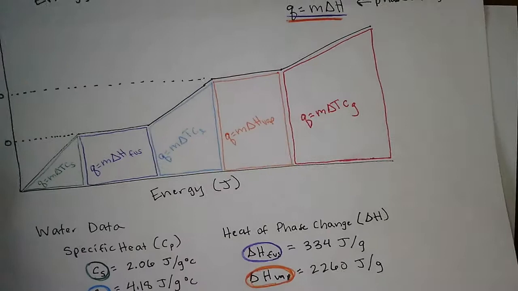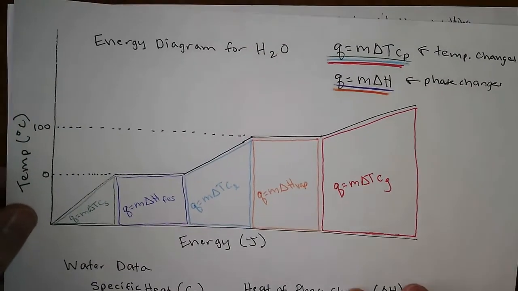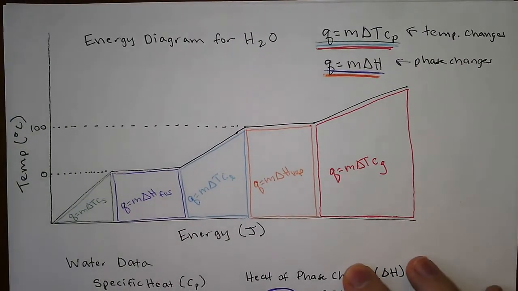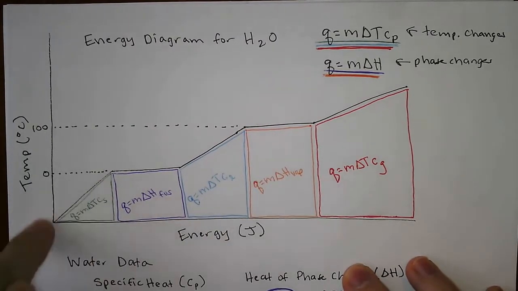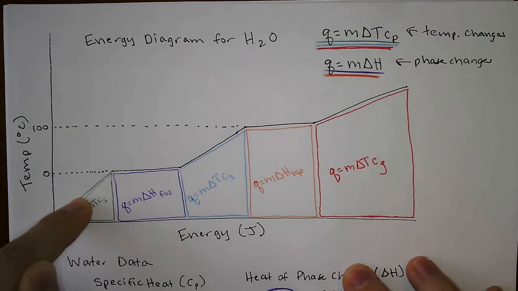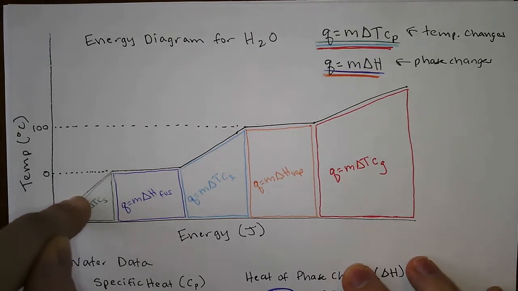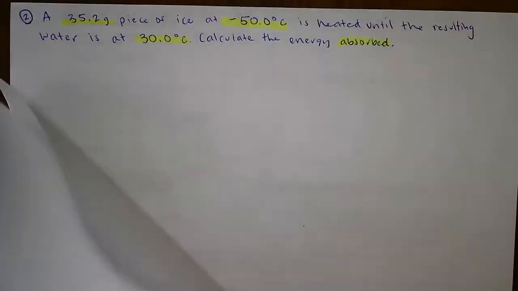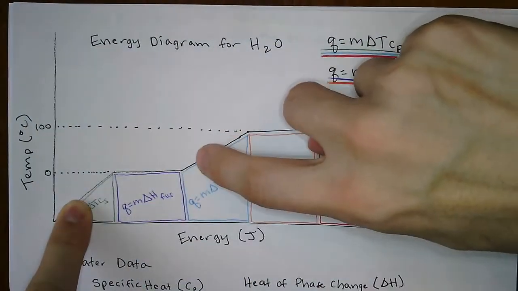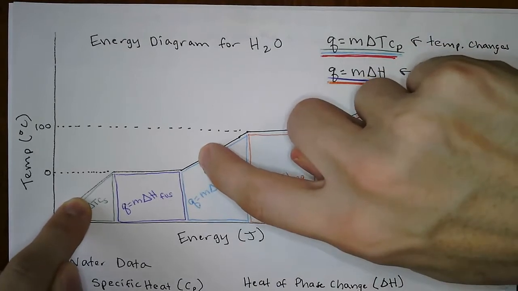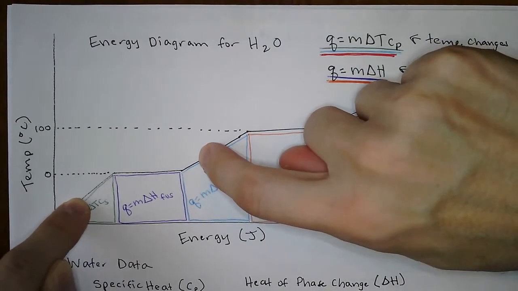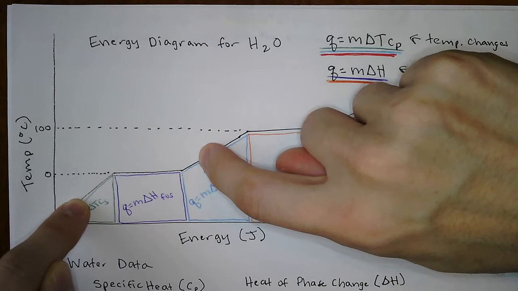So let's see where that lands on our energy diagram. And again, I don't have the exact numbers on here, but that's fine. I'm just looking for relative positioning. So if I'm starting at negative 50 degrees Celsius, that's going to be down here-ish. That puts me pretty solidly into solid territory. Point is, we're down here. We are in the solid area. And we're going to end at 30 degrees Celsius, so here-ish. Not super far to travel, but there are 3 different processes that I need to go through to make